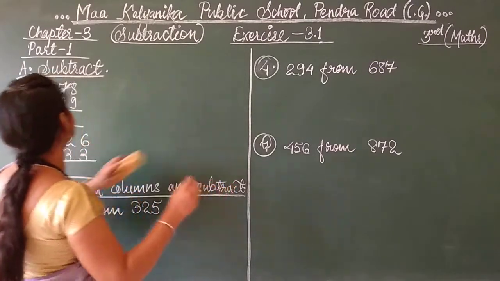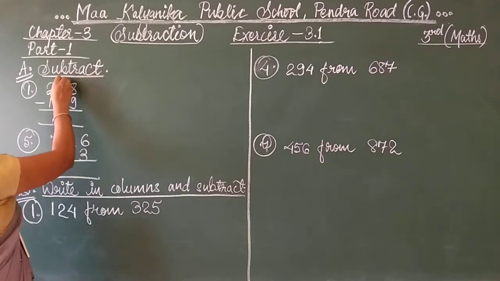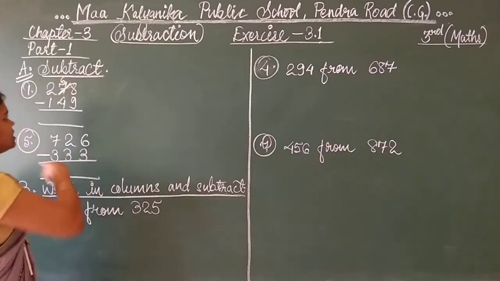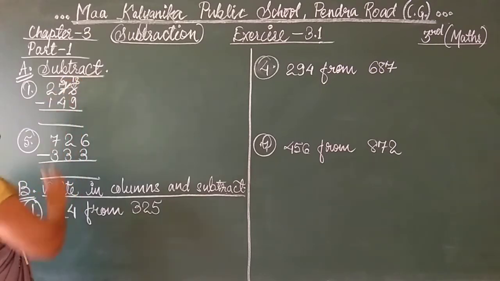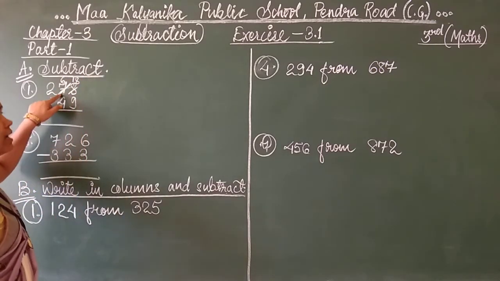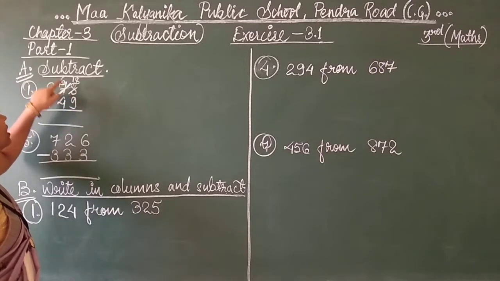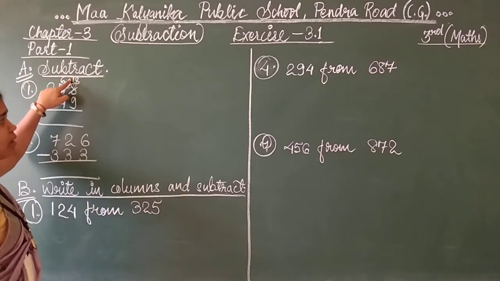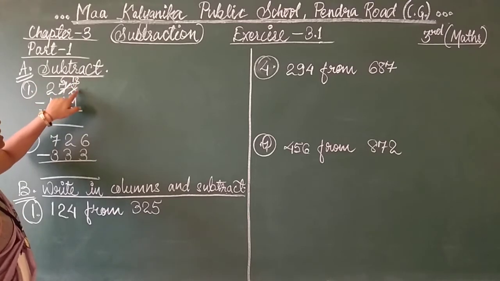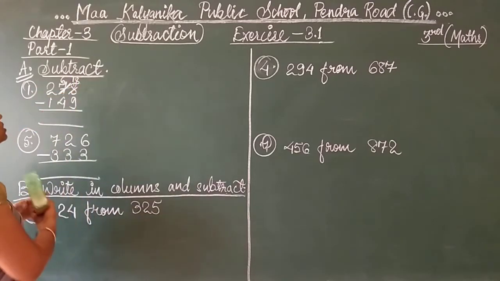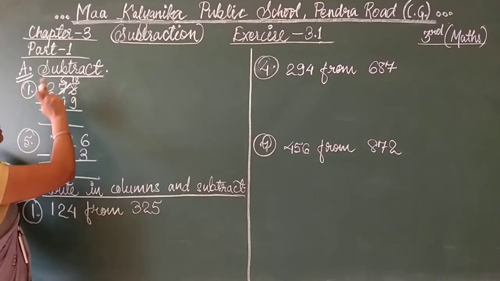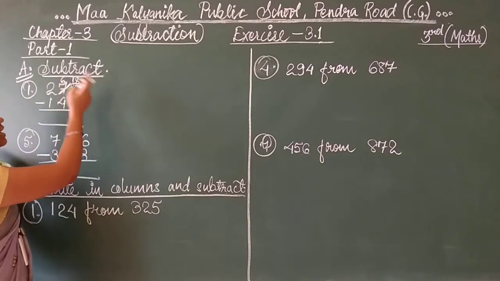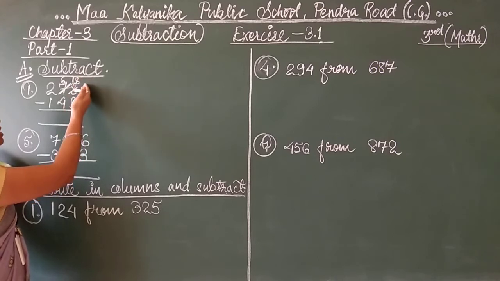So see here. 7 will become 6 because it will give 1 to the next number here. So 8 will become 18. Simply students, 7 will become 6 and 8 will take a 10 carry from here. So it will become 1 and this is 8, so you will write it down here. So see students, 18, the 10 carry will be there. From 7, 1 we are taking away, 6 is there and the 10 we are carrying down here.